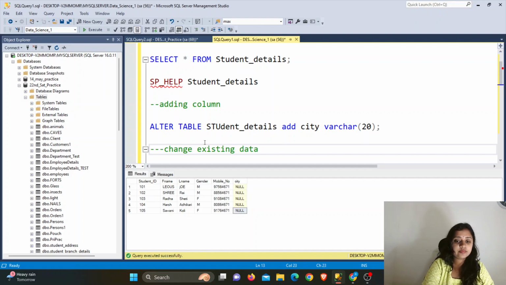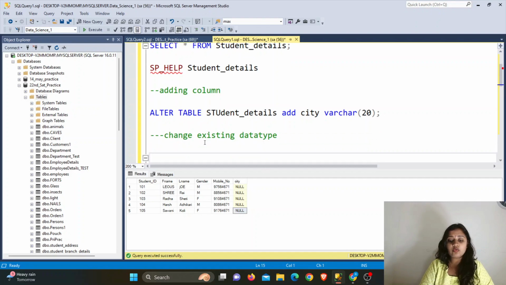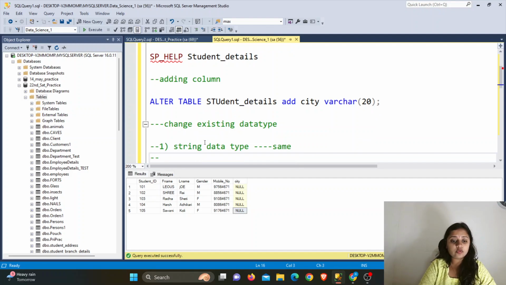But okay, just wait. In this you need to understand one thing, guys. While changing the data type, for a string data type, that is a character data type, you need to give another character data type only if you want to change it. And if you want to do it for int, numeric, for the numbers, then you need to use a numeric data type. For better clarity, I will show you one example for this. You need to keep this in your mind. You need to keep it the same.